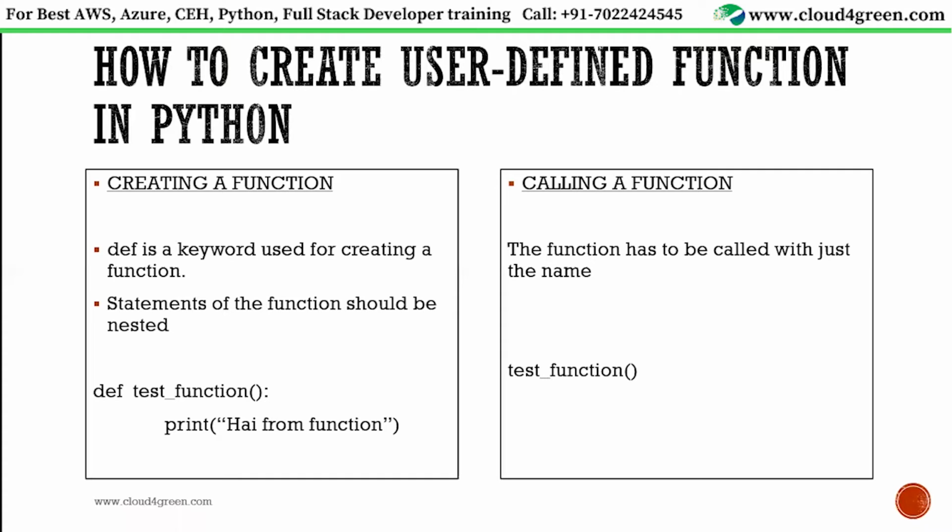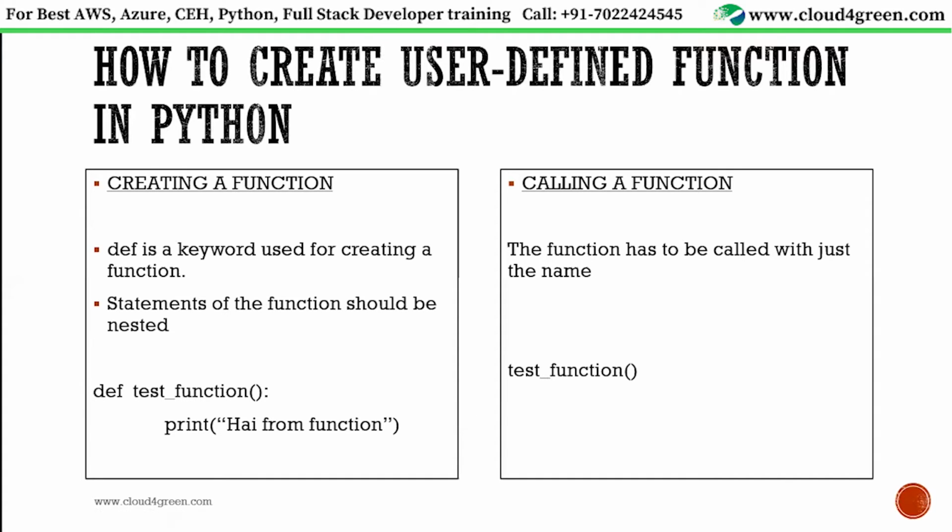Once you finish writing a function, you have to call the function. So how do I call the function? You have to call the function with the name of the function. That's all. Now in this particular example, we are not talking about a case where data is passed, but I will show you examples where data is passed to a function later. So this is how I call the function. Just give the name of the function and put the parenthesis again. The particular function gets called. Whatever is the statement for that function, it is hi from function, that is going to be executed for you.